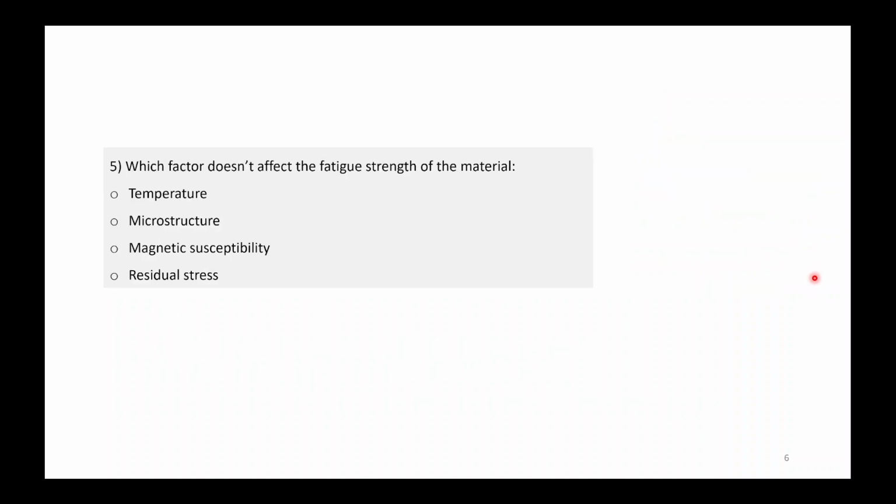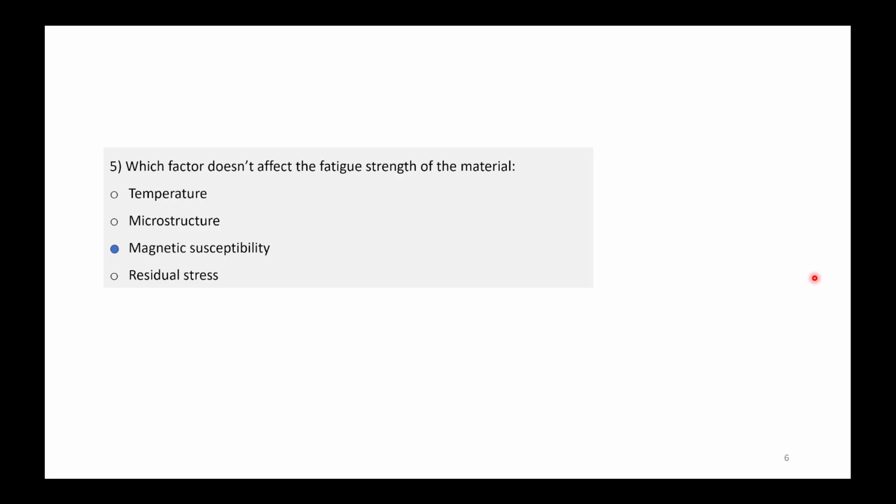Now question is, which factor doesn't affect the fatigue strength of a material? Your options are temperature, microstructure, magnetic susceptibility or residual stresses. Answer will be